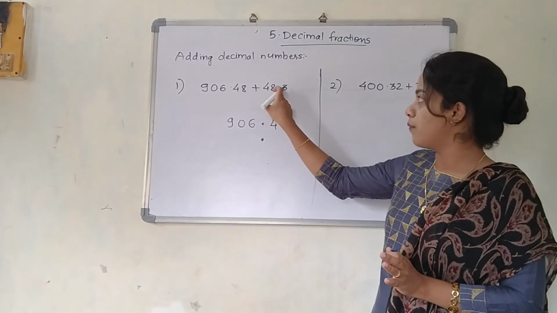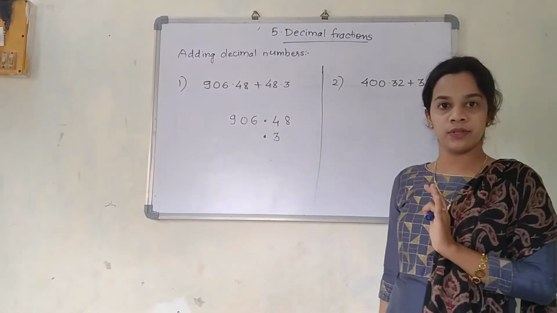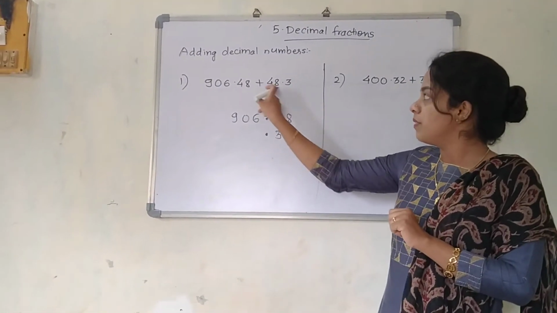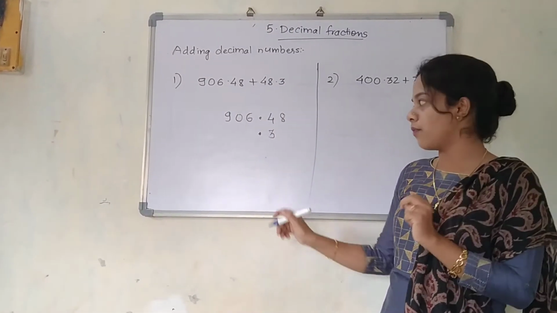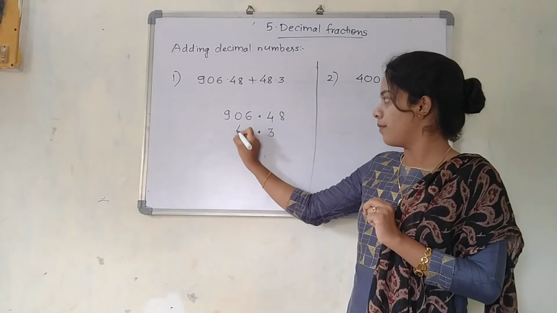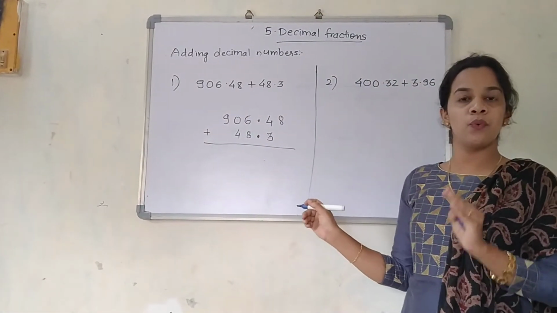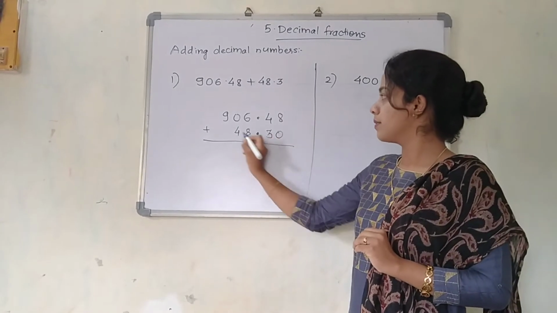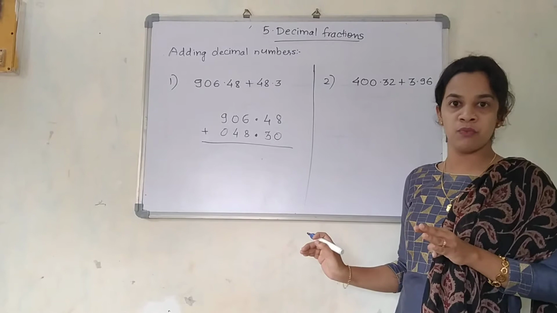Now see over here. After decimal which point is that? 3. So after decimal only one point, that is 3. This is okay. Before decimal which points are there? 4 and 8. Before decimal 2 numbers are there. They are 4 and 8. So 8 will be here and 4 will be here. I am going to add them. Remaining places, if you want, you can adjust them with the help of zeros. Okay? If you want that. Otherwise you can remove them also.